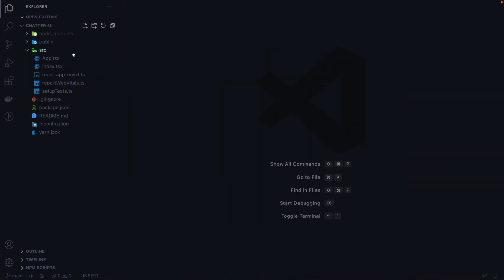All right, so the first component we're going to start building is our login or authentication form. We're going to need a way to capture user credentials so that they can sign up or log into their account and authenticate with our application. So let's go ahead and get started with this. So in the source directory, I'm going to create a new folder called components. This is where all of our components are going to live. And I'll create a new folder called auth, where we'll create our first